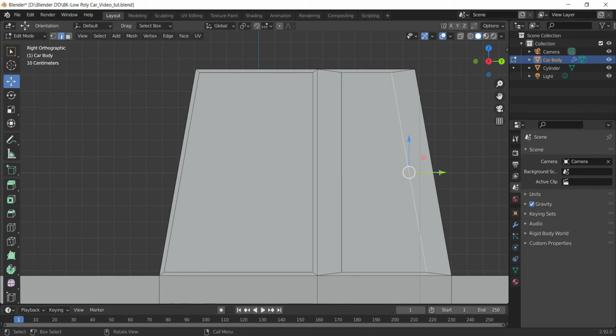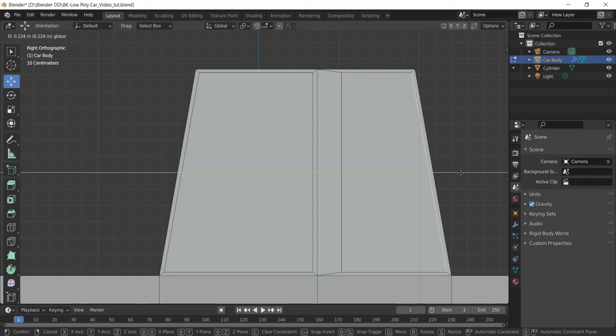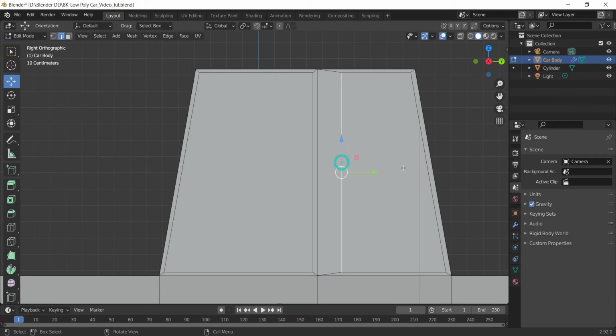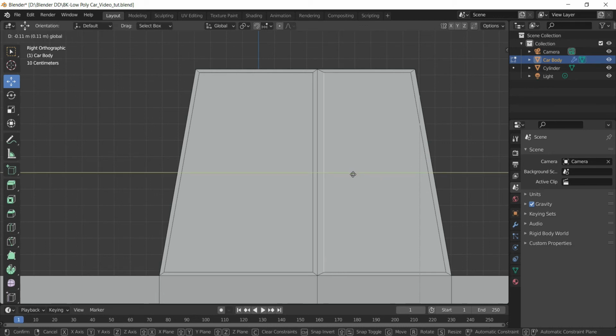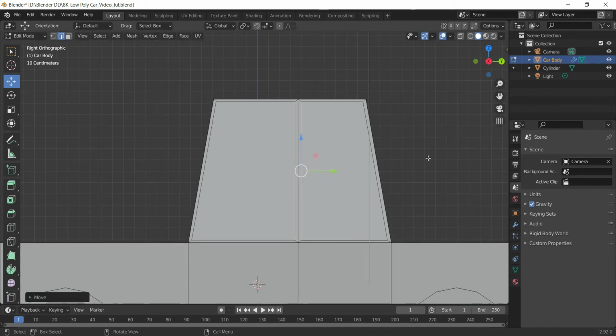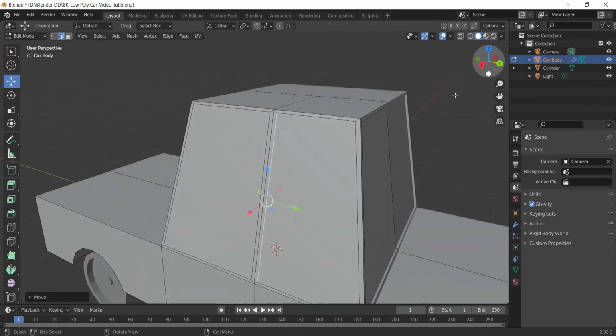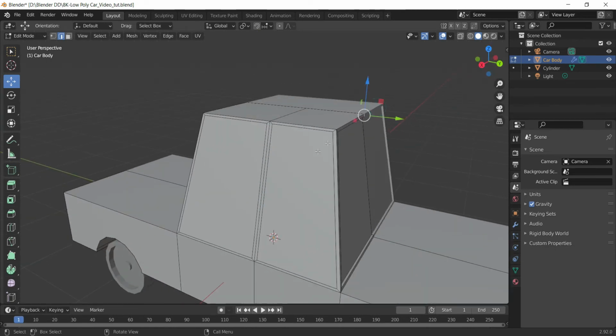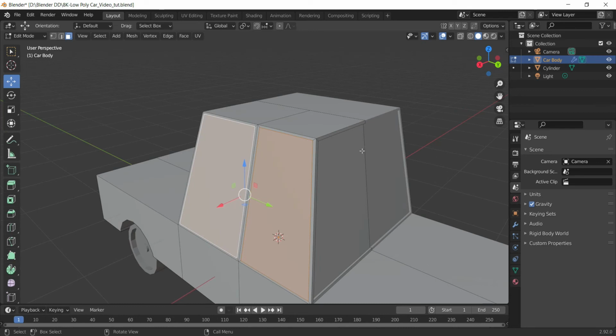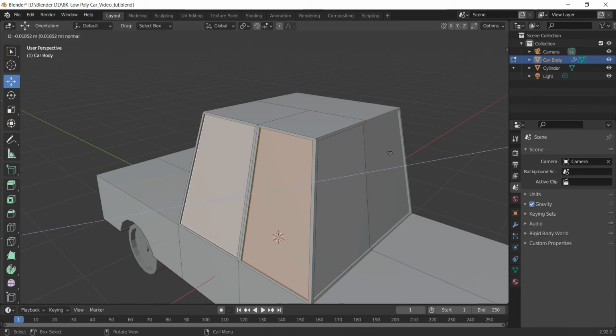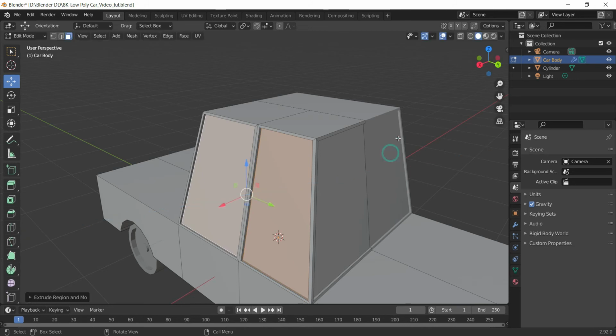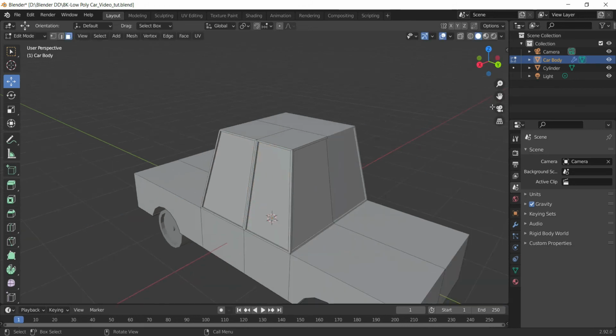Edge mode first here, second here. All right, so we have got two separate faces with some gap in between. So all which is left is to just extrude them inwards to create the windows. So I'll press E now and push it a bit inwards like this with a very minimum gap, not too much.